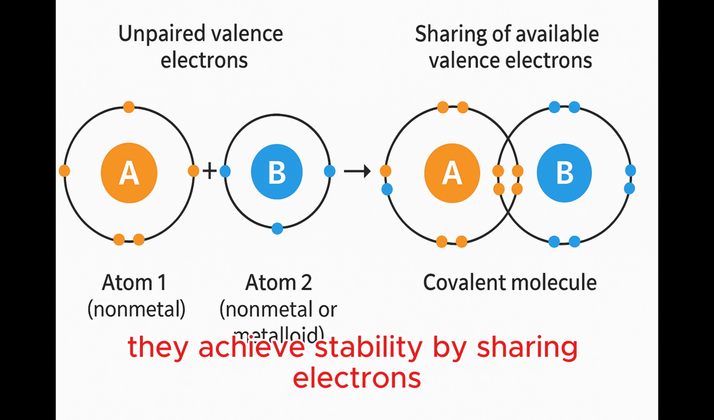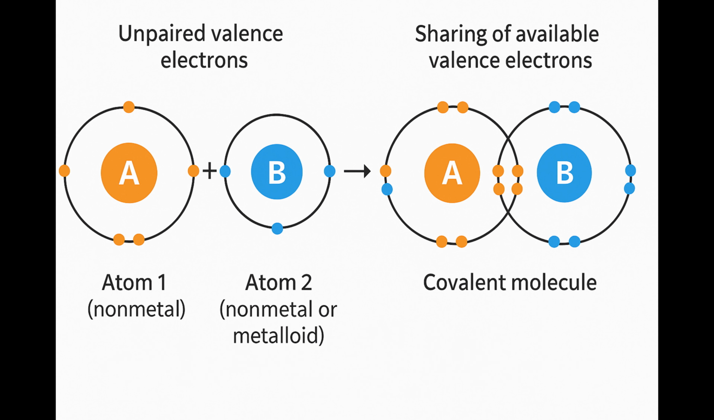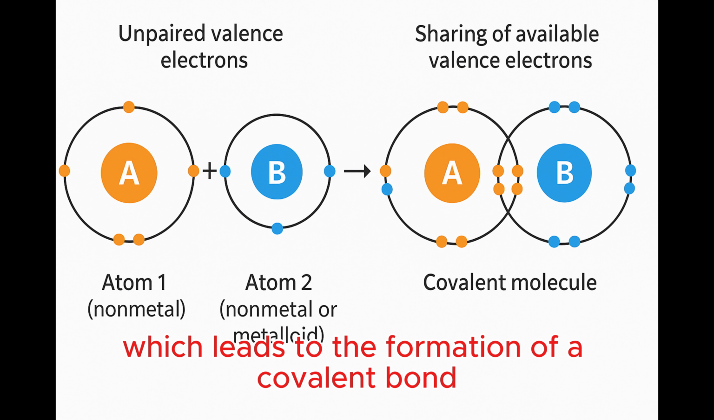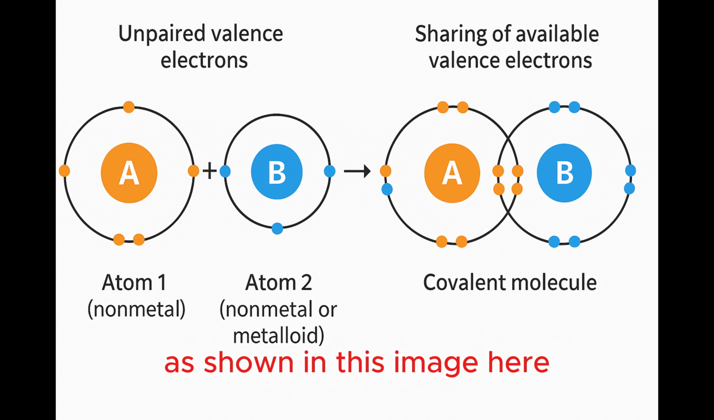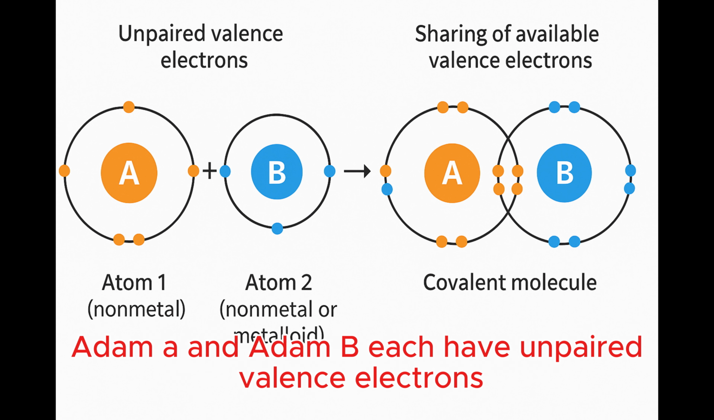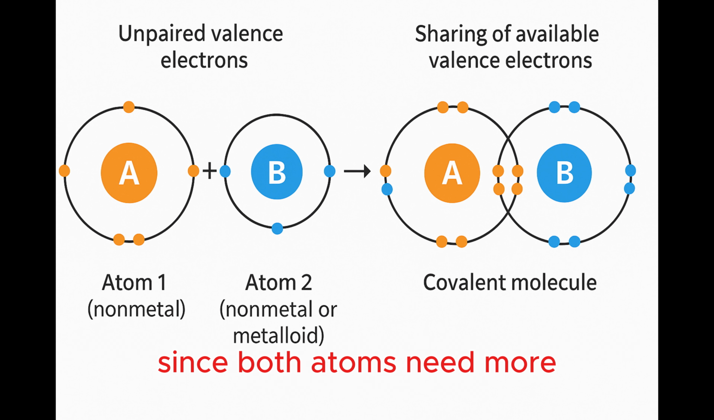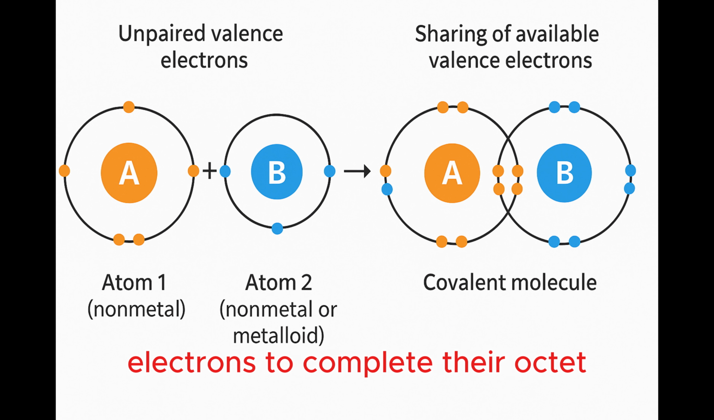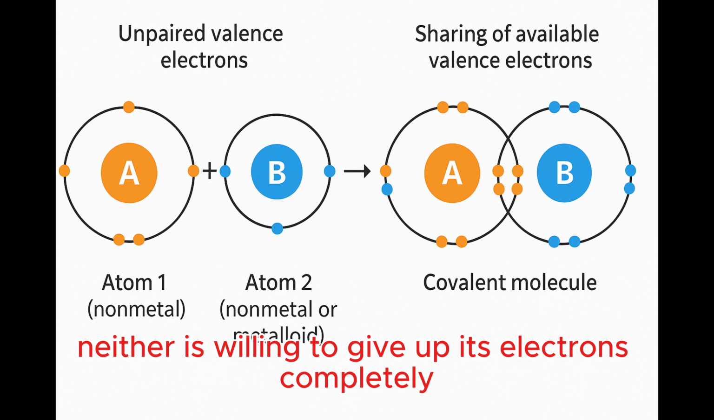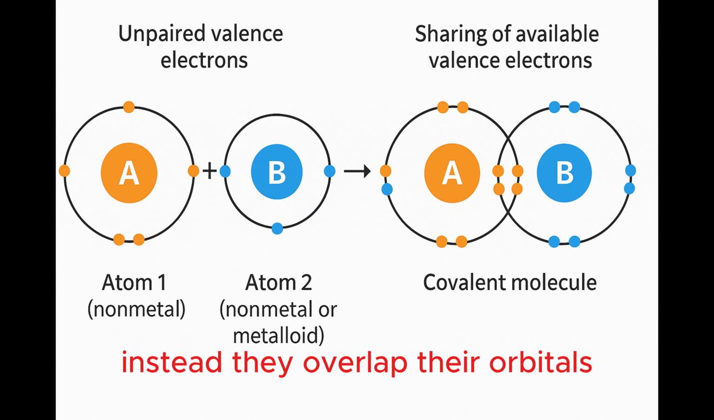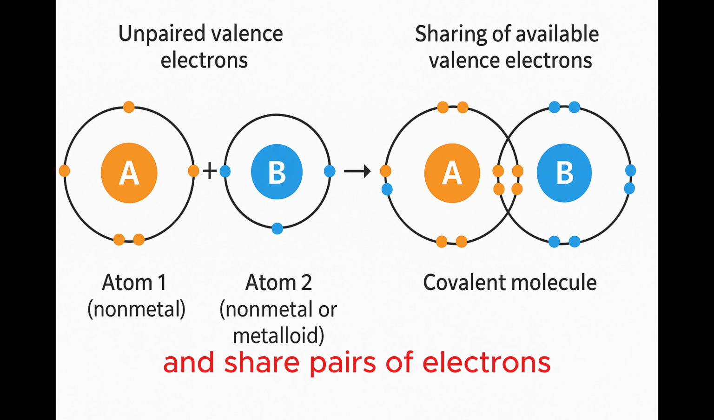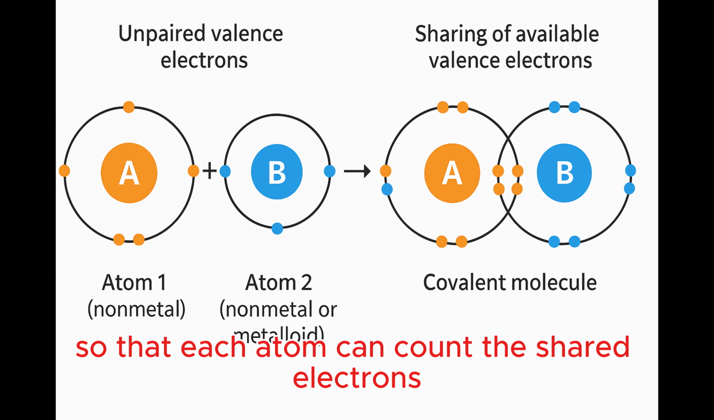Instead, they achieve stability by sharing electrons, which leads to the formation of a covalent bond, as shown in this image. Here, atom A and atom B each have unpaired valence electrons in their outermost shells. Since both atoms need more electrons to complete their octet, neither is willing to give up its electrons completely. Instead, they overlap their orbitals and share pairs of electrons so that each atom can count the shared electrons toward